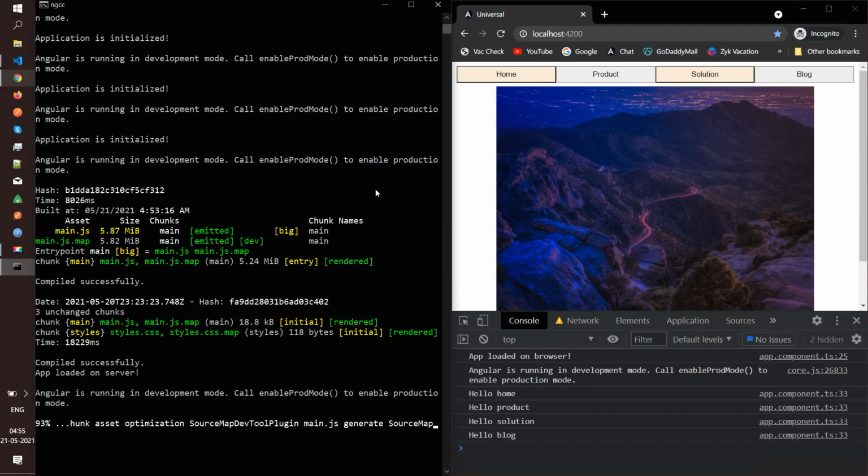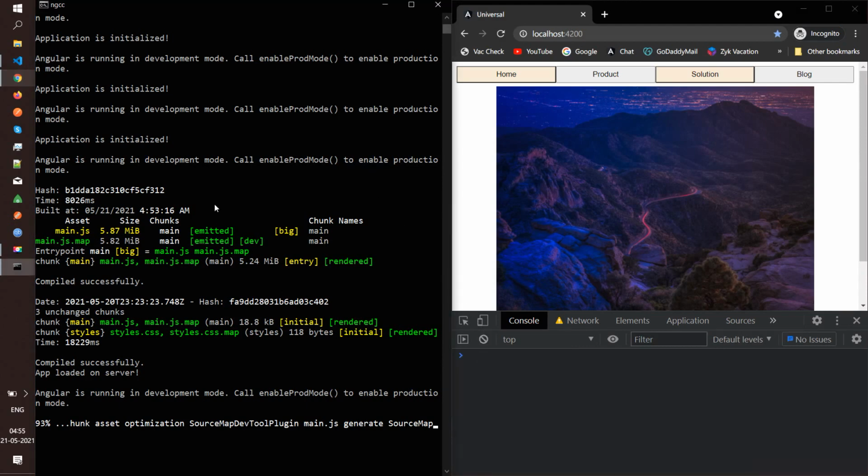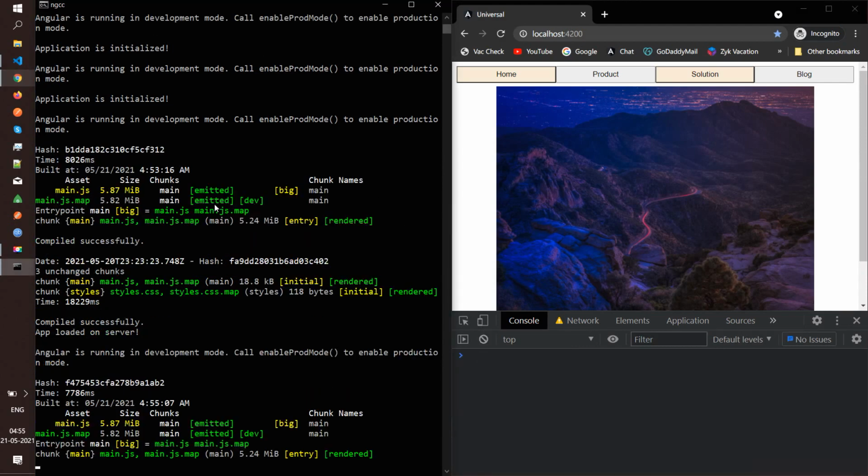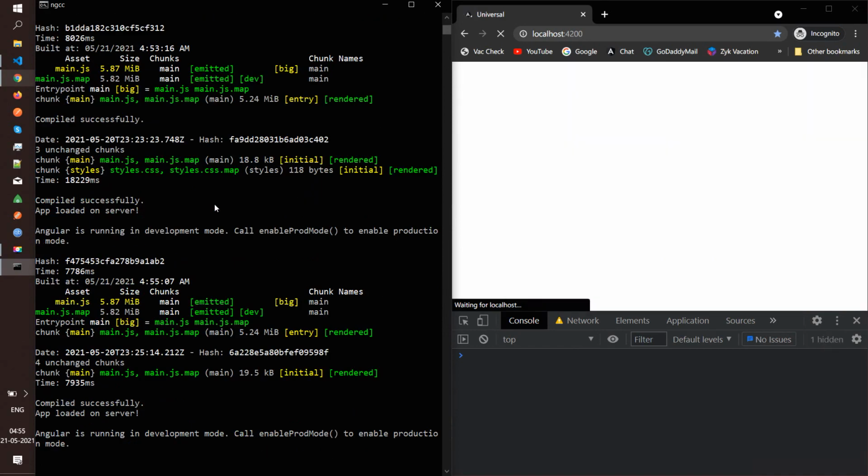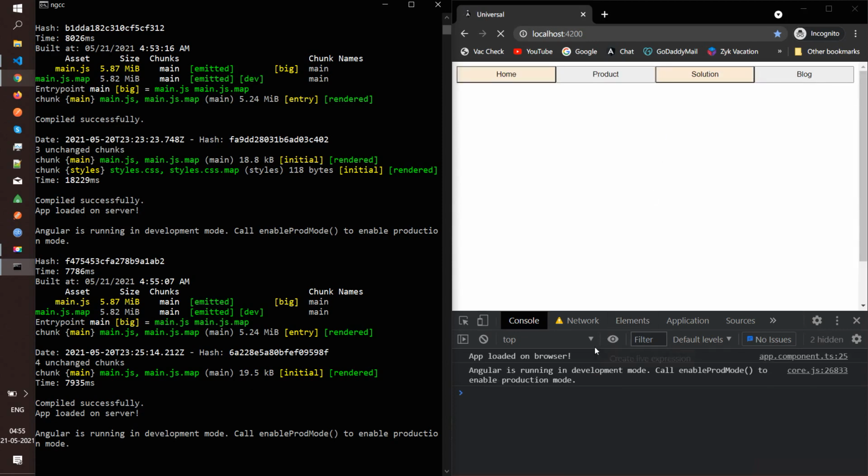Okay, I saved the application. It is getting built. Okay, now you can see app loaded on server, but there is no type of static rendering being sent to the browser for this time being.